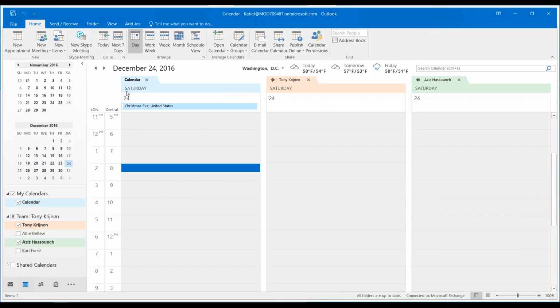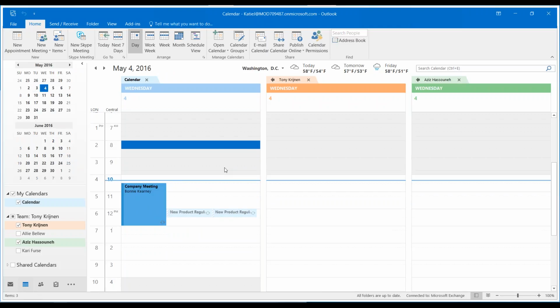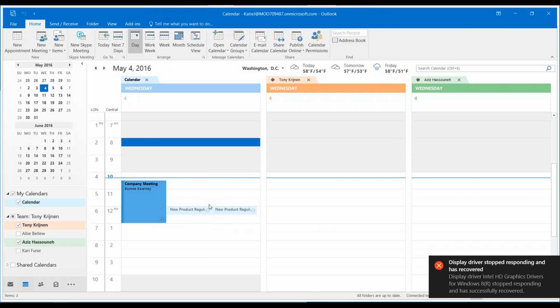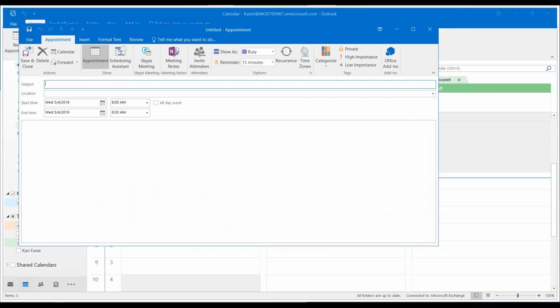And you'll notice a little bit when I go to a business day, let's go back to today, that the shading on my calendar has changed. So if somebody is looking at my calendar, they're going to see that only from 10 to 4 I'm available. Now, of course, I'm working from 8 to 10, but this is going to be my time, and I'm going to set a recurring calendar to be from 8 to 9:30. And this is when I'm going to be reviewing